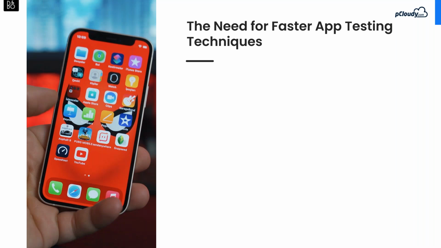So let's focus and understand what the need is for faster application testing techniques. Testing is accelerating at a rapid pace, and it is helping us release updates from months to days and from days to a few hours. So it is key that we move our testing from the traditional approach to the newly adopted approach, and while testing at speed is key, so is quality at speed.